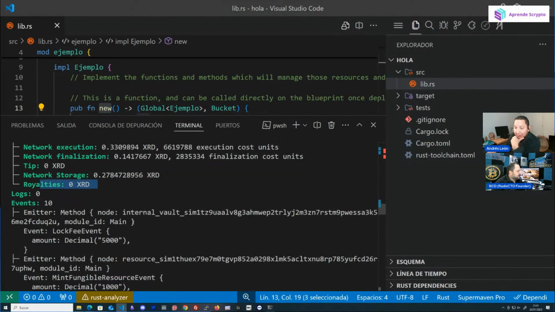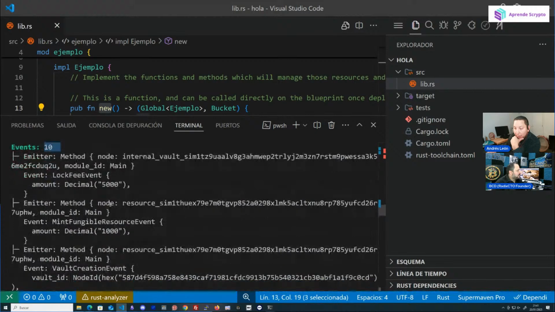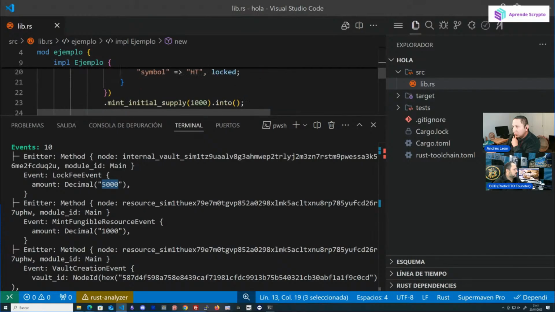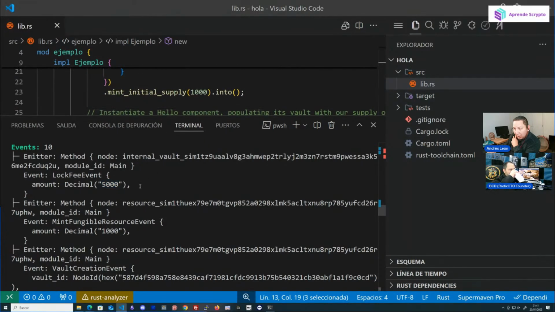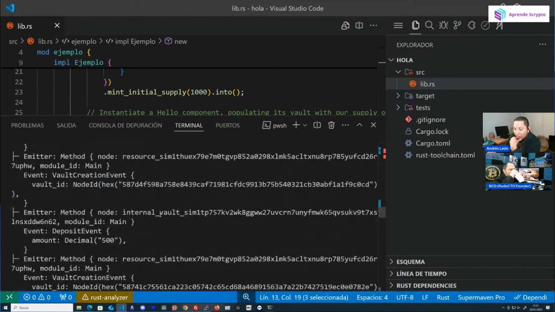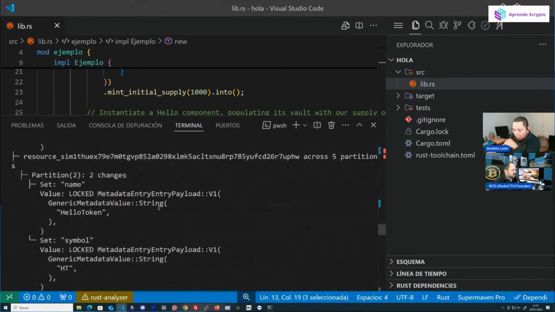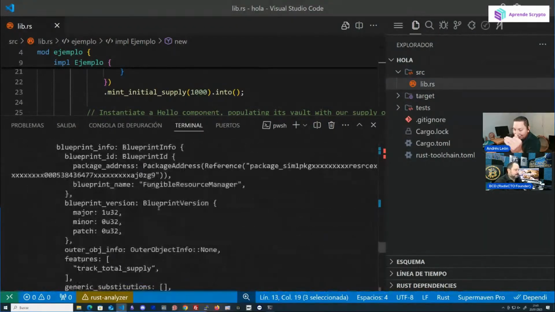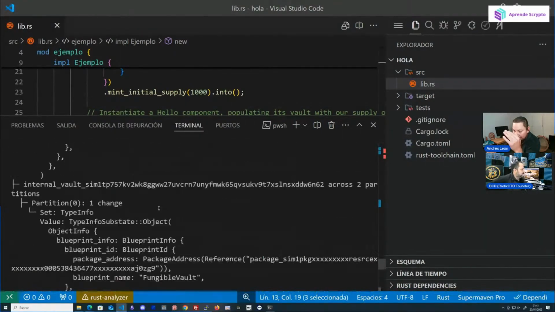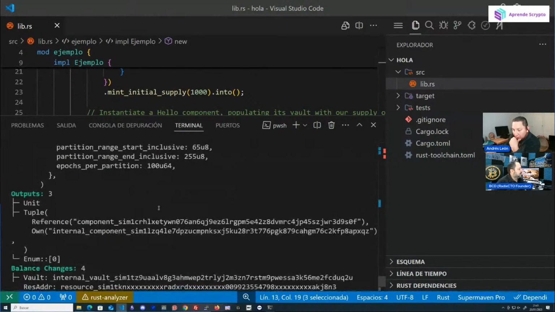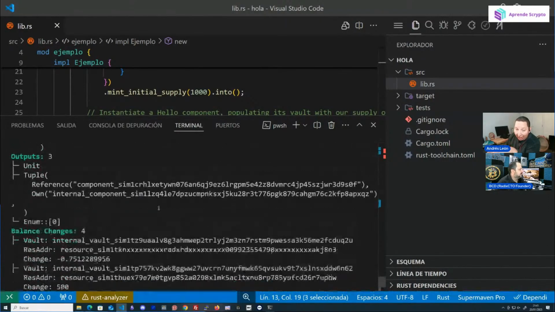And then the number of events that it has produced here, we see if you realize that it has done different events, notice that it is doing 500 events. This is the file, okay, this is the file we've created, etc., etc. Okay, here is a lot of information about how you are doing all the transactions inside Radix, little by little, to be able to have everything ready. Also, if we had some kind of glitch here, we could see where we've had the glitch, and then at the end of the whole,